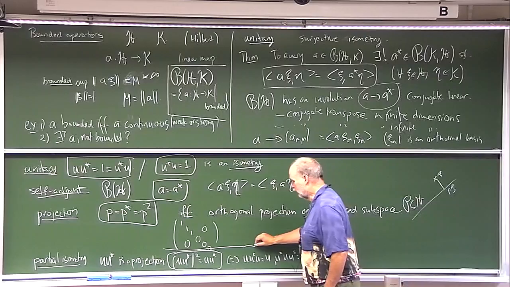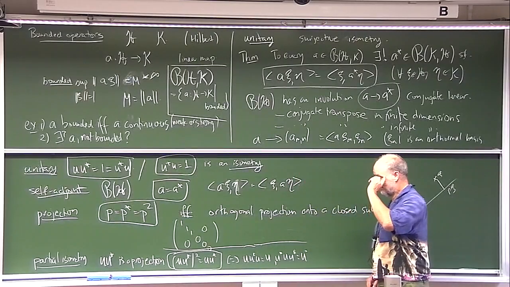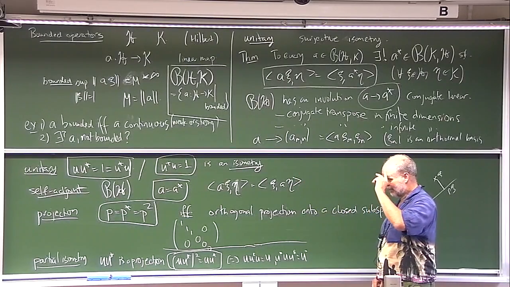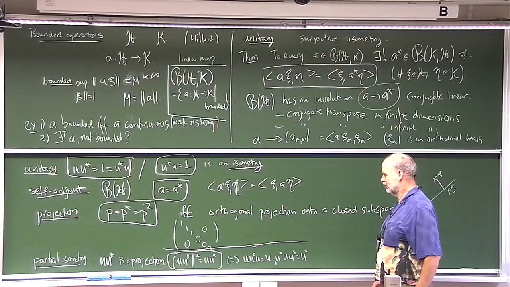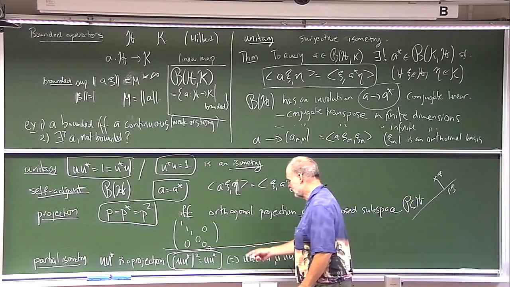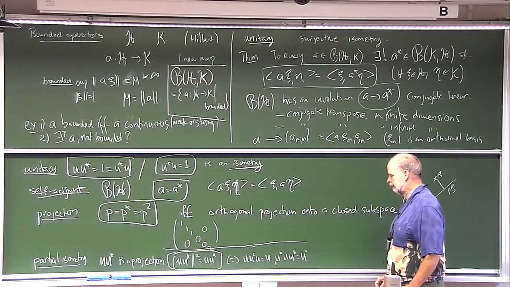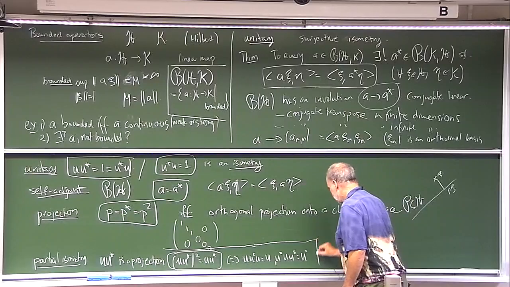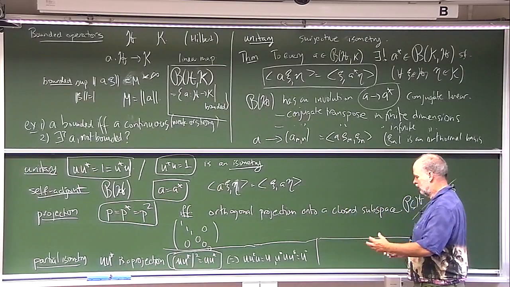And, you know, I don't want to overload the poor student with exercises, because there could be hundreds of them in this little beginning, but this is sort of a level of an exercise. But the point is, the structure of a partial isometry is that